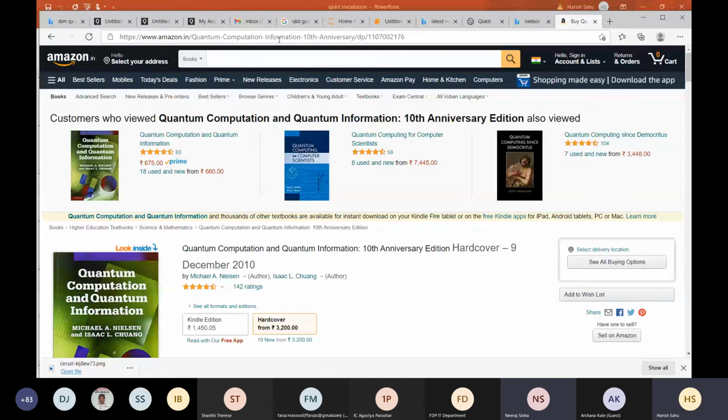But quickly, the project you were asking about: the idea came only last year. It was announced in the budget last year, and this year they have released funds for it. There are different verticals for quantum systems, mainly quantum cryptography, quantum sensing, and quantum hardware.